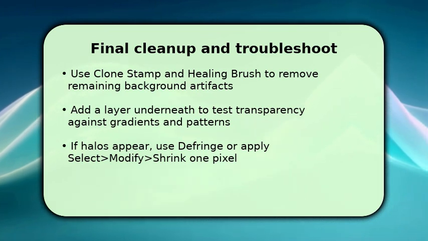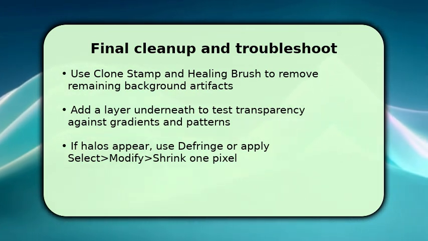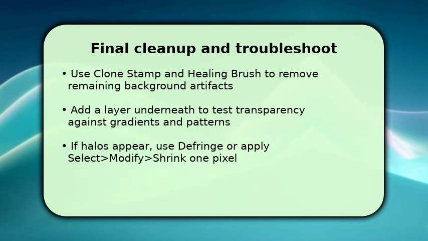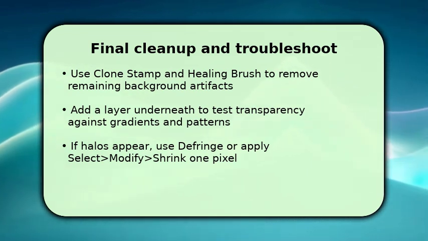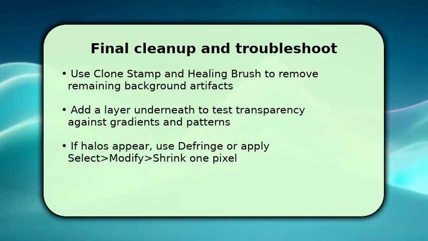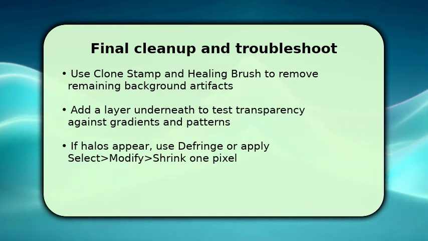If you see halos, make sure to defringe or shrink the selection by 1 pixel and feather slightly. This removes edge fringe without flattening transparency. If colors shift, convert to a linear working space and